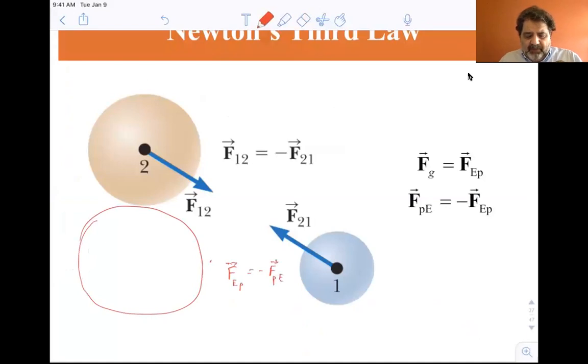So the mass of the projectile, force equals ma, that's the gravitational acceleration. Let's just make it g. The mass of the projectile is affected by the gravitational acceleration, and that's equal to the force of the projectile on the Earth, the mass of the Earth